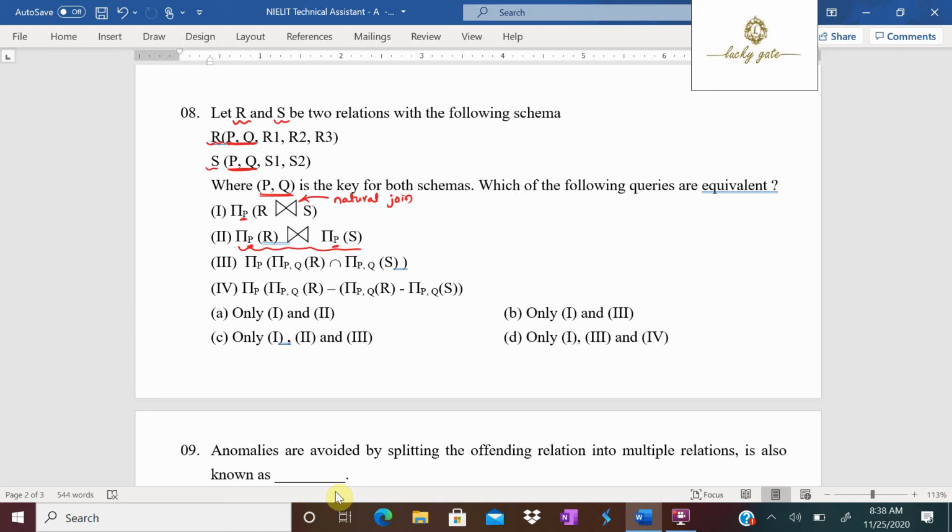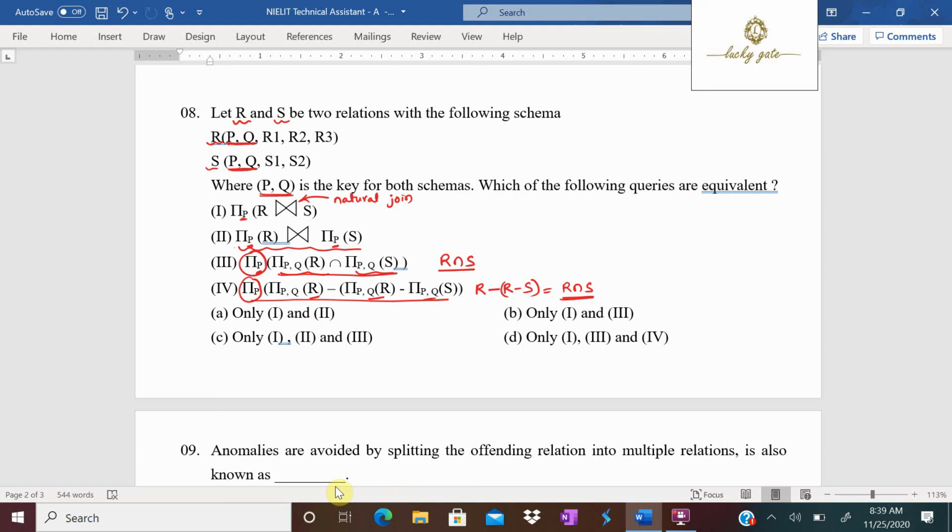And 3, it is performing an intersection between R and S and projecting P. And 4, this is somewhat different. It is just like R minus (R minus S). R minus (R minus S) is the same as R intersection S. So because it is the same as R intersection S, now the third query is also similar to this, R intersection S. In the fourth query and third query, what you observe, R intersection S is performed. Finally, it is projecting P. Done.